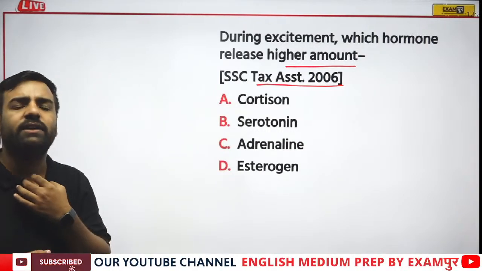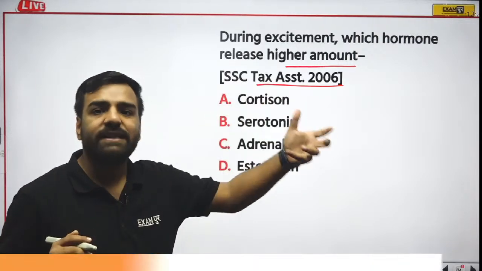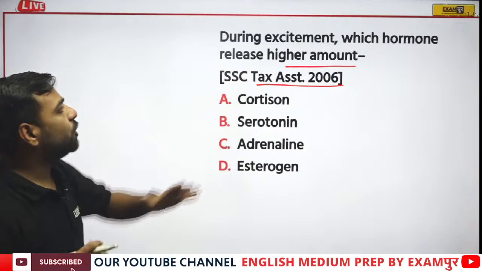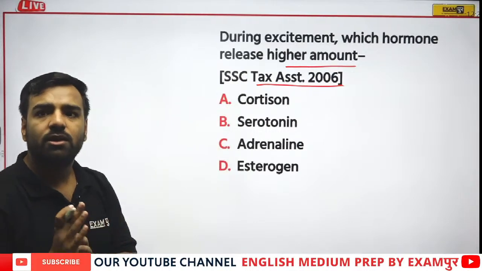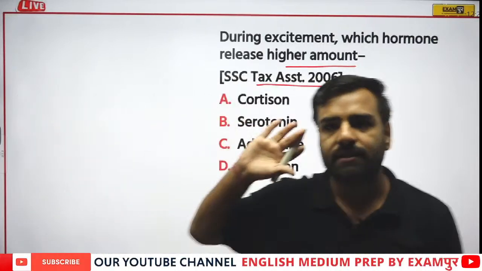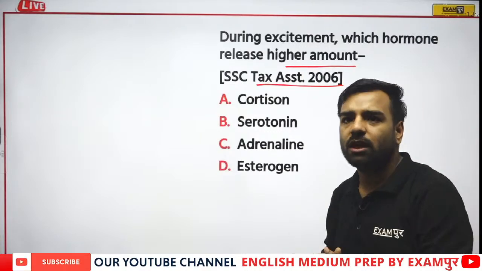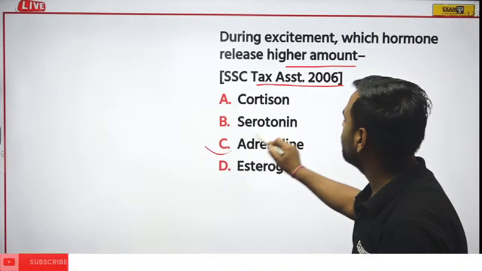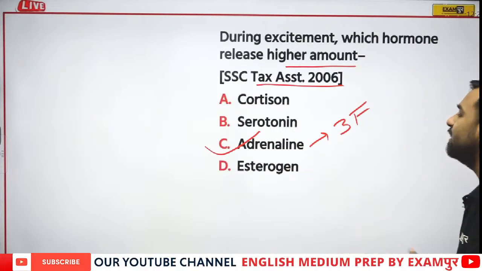Yeah, that's true. We can relate it with the motivational hormone, but it is actually giving you the instant energy. So during excitement, which hormone is released in the higher amount? Nikita is with C. Sir, it would be adrenaline. Yes, that's good. So Ilma, Momita, Nikita, you all are correct, absolutely correct. If I talk about adrenaline, again this was the 3F hormone: fear, fight and flight.